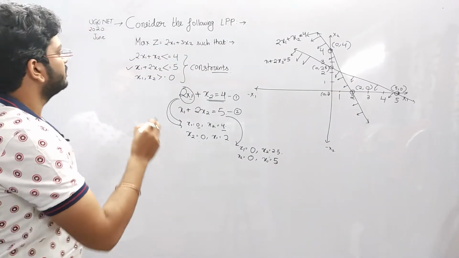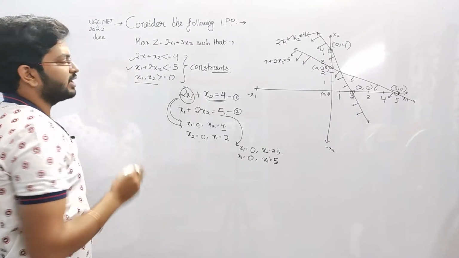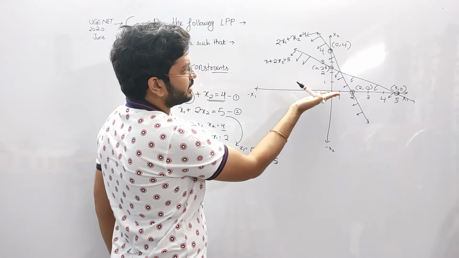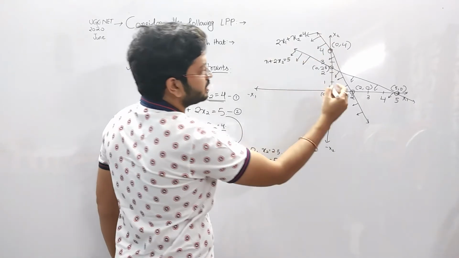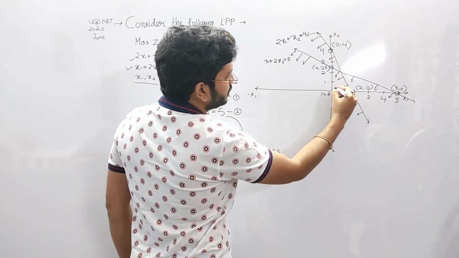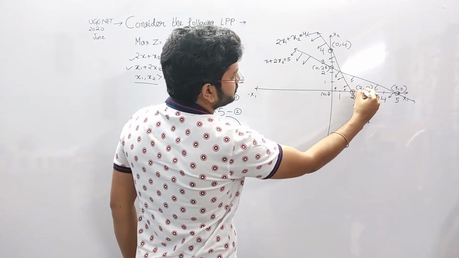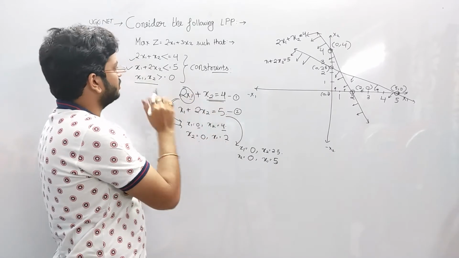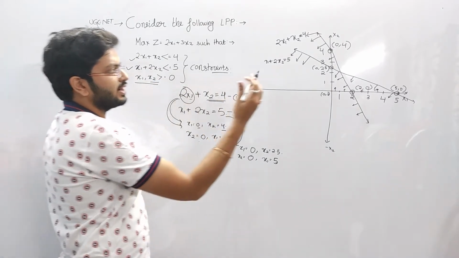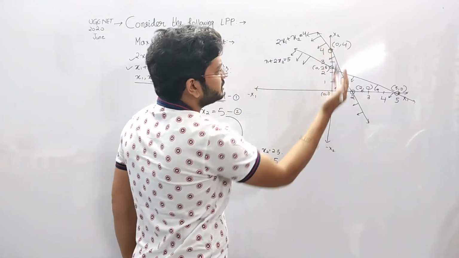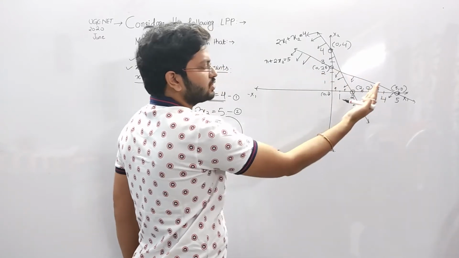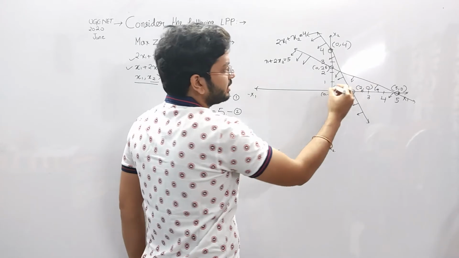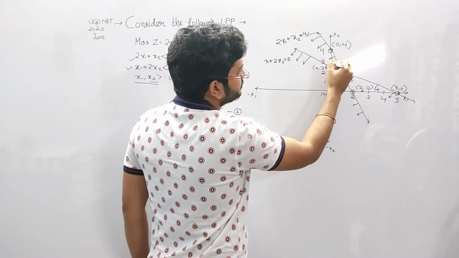Okay, now the other 2 constraints are x1 and x2 greater than or equal to 0. This is x1 greater than 0, that is going upwards. Now this is the case of x2 greater than 0, that is going that side, means greater than 0, not less than 0. We will be going rightwards, towards the positive side. Okay, greater than 0, that is this side.